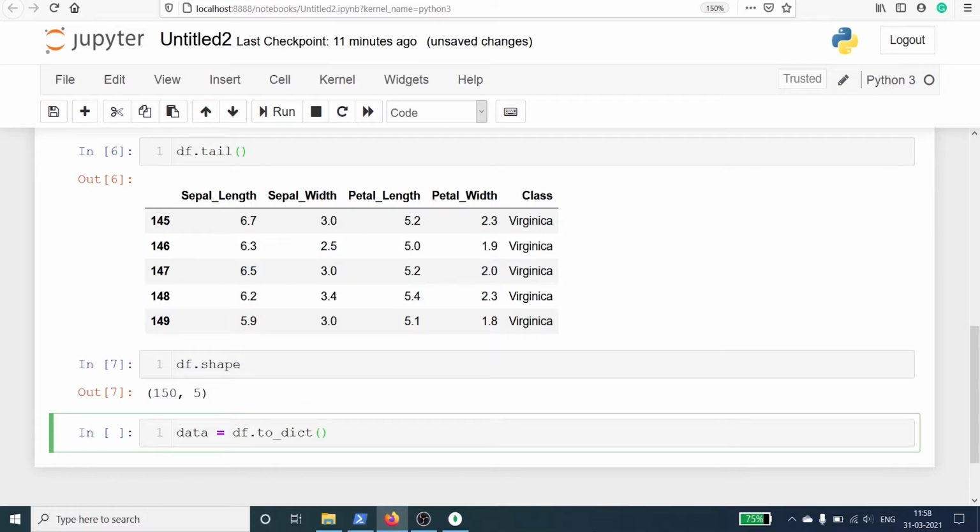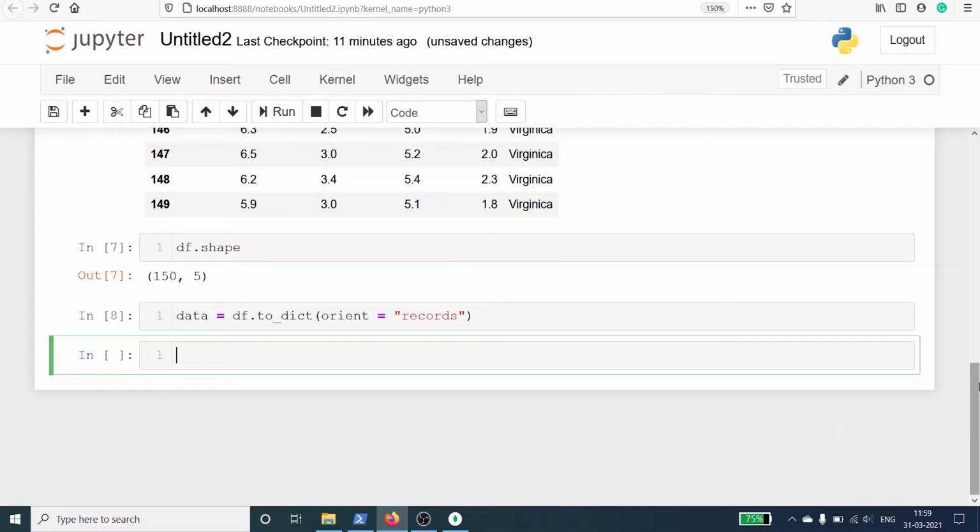We are converting this data frame into a dictionary, and then we will pass one parameter, orient equal to records. So we are converting this dictionary into records. Let's execute our code.